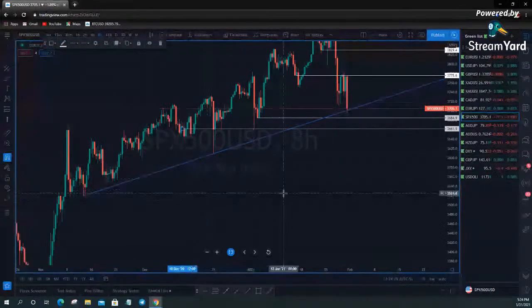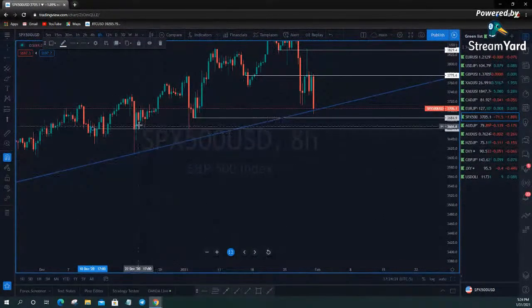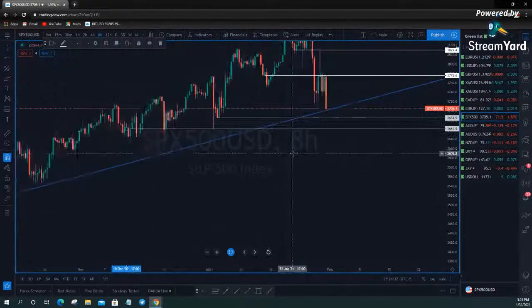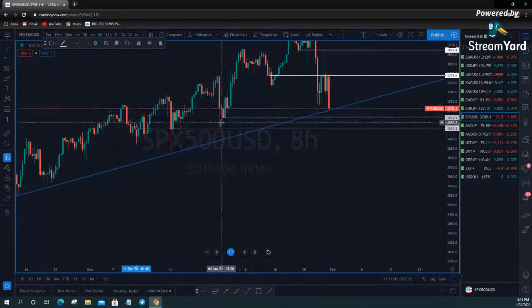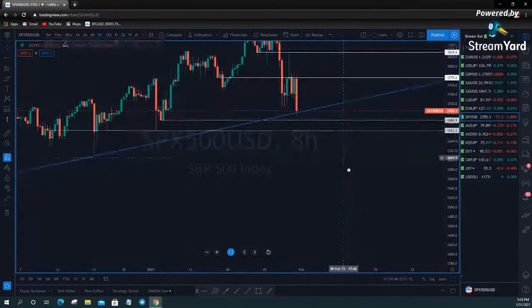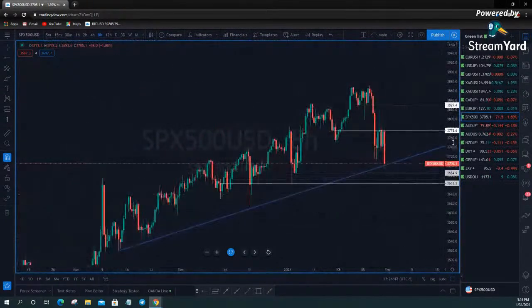There really aren't any untested levels from any of these candles that I can give you, as price is already trading at them. All right, so this one you can look for. It has already been tested. Like I said, it was tested with this candle and this candle. So if it's going to hold support, we'll have to wait and see. But you don't want to jump in this thing short just yet.